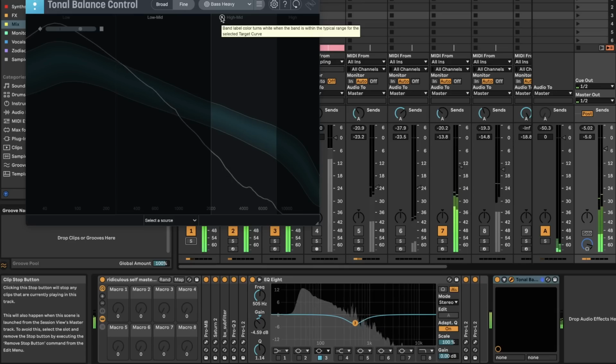So yeah, sometimes soloing a certain band in your mix and listening to how elements relate to each other in that band can tell you if something is too dominant in a particular mix band, and then you can go into that element and change only those frequencies from that element to nudge them closer to where they need to be in relation to all the other elements. If doing this would give me too much mid-range overall, on the master I can always still scoop that out a little bit.